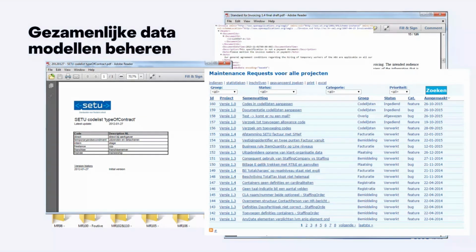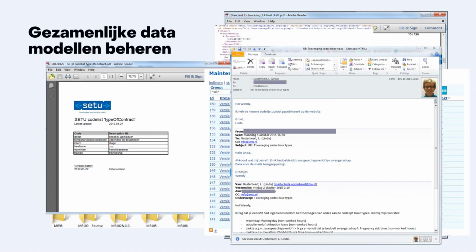Then we also had a portal, an online portal already at that time, where people could actually submit these maintenance requests that I just showed. So people could just fill in whatever request they had, then we process them, then we put them in a folder that I just showed, on how to process this. And then, of course, we also got emails about all these standards with questions about how it worked,